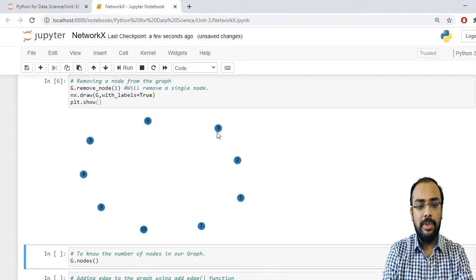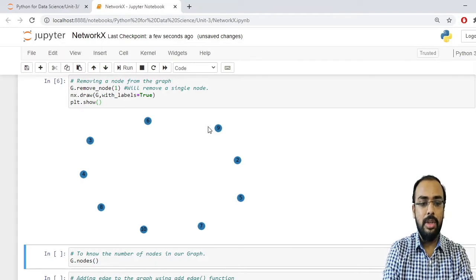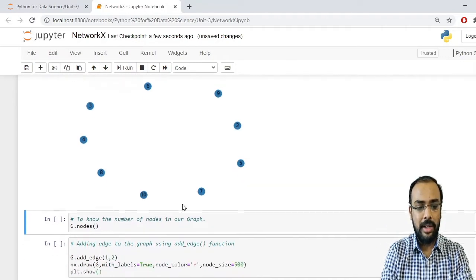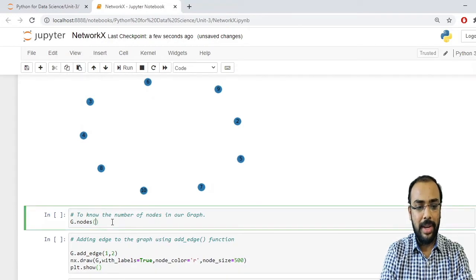Now sometimes if you want to know how many nodes are present in your graph, again there is a method which is named nodes. It will return the nodes that are present in your graph. This method works on your graph object. So how can we access it? For that I have taken my graph object, that is g.nodes.